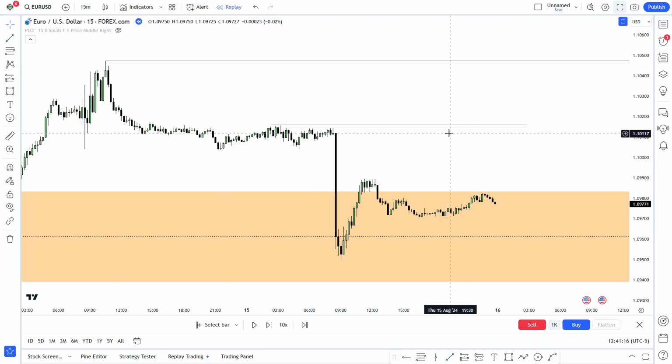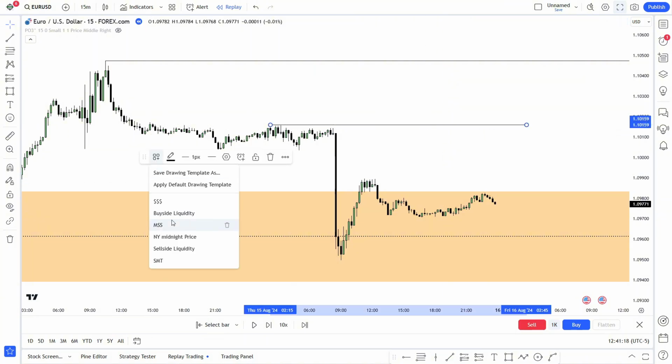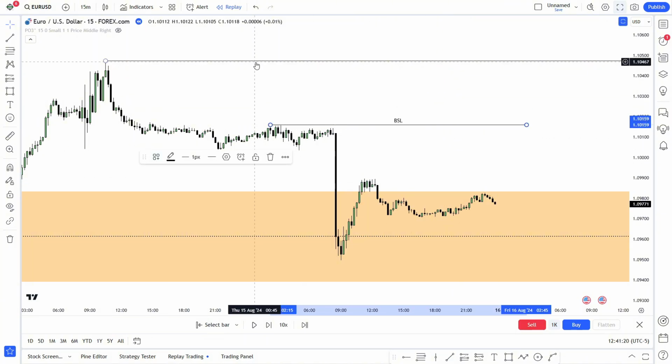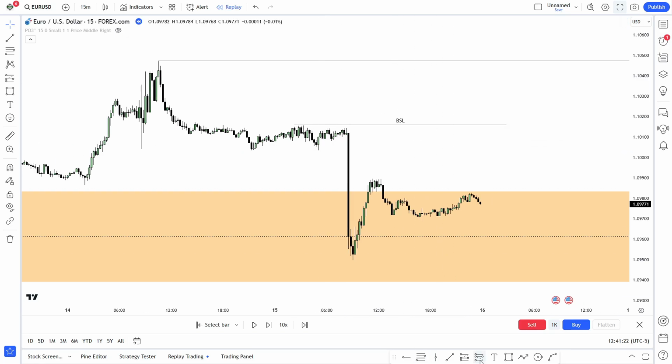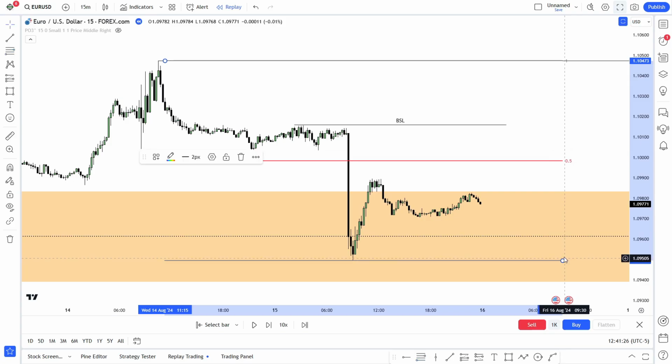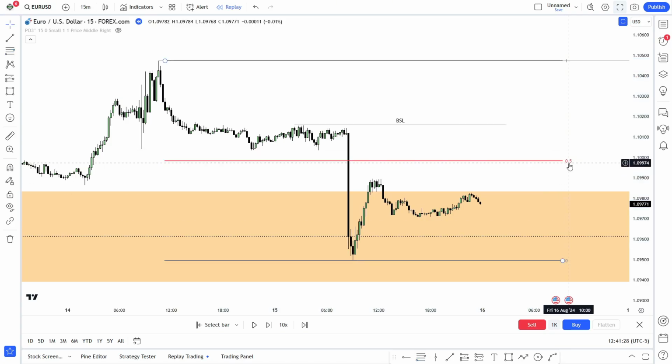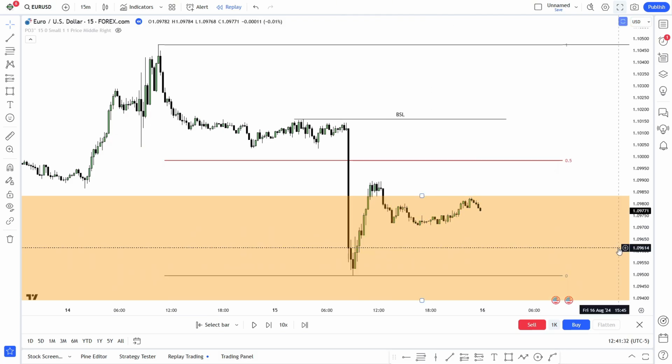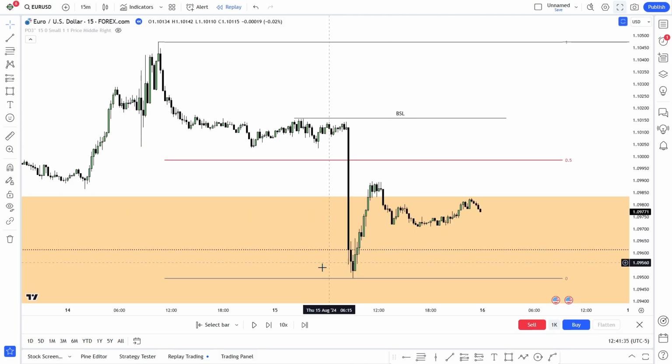Okay, so this will be our initial drawn liquidity right there, and then ultimately hitting that one there. So now let's mark out our range that we're currently in. If we mark from this high to this low, there's 50%. So this would actually be our initial draw on liquidity, and we're clearly in a discount. So we have a high probability in looking for buys after also seeing that we respected the daily fair value